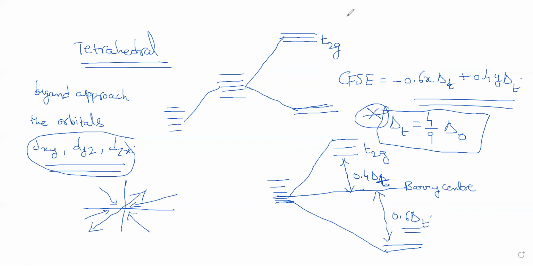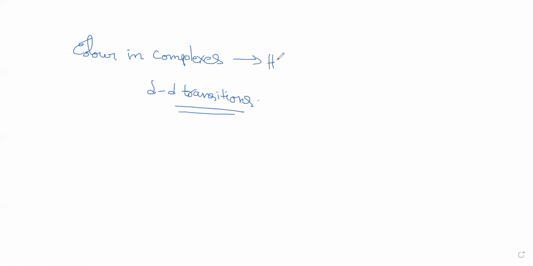Color in the complexes, you can go through it. Color in complexes, you can read it as homework. Color in complexes is due to d-d transitions. Because of the d-d transitions, you will get color. This you can take as homework. Please do that as homework, and color of some gemstones also. Generally, they don't ask about these gemstones. What are the colors? All these things they don't ask. So generally, you can read that in general.